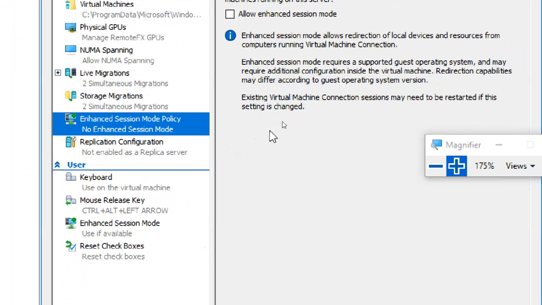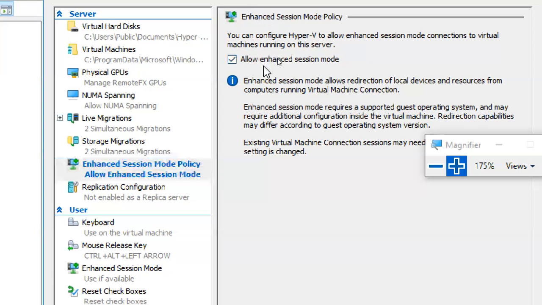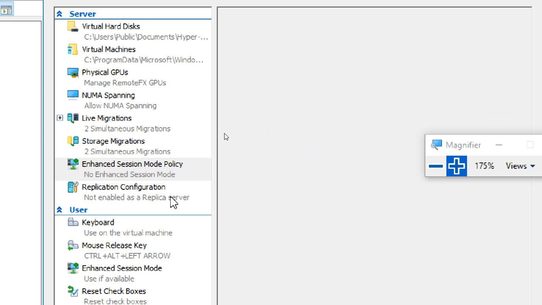Usually, allowing enhanced mode means it will bring your virtual machine's internal things to your physical machine. If you run an application in the virtual machine, you can see the same thing from your physical machine also. So don't change any settings.